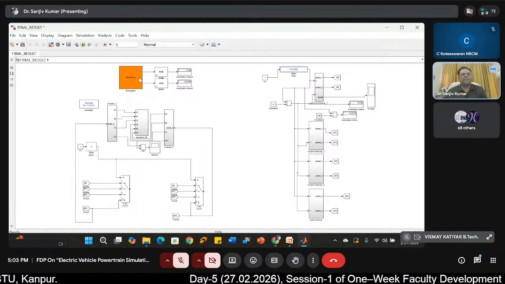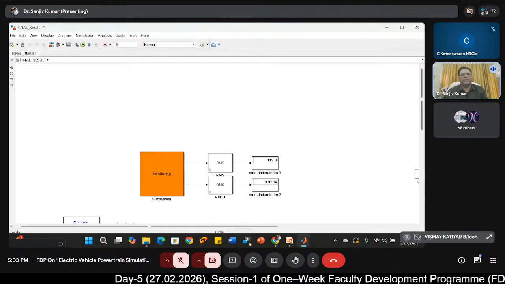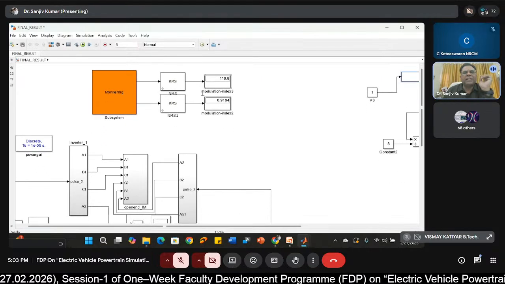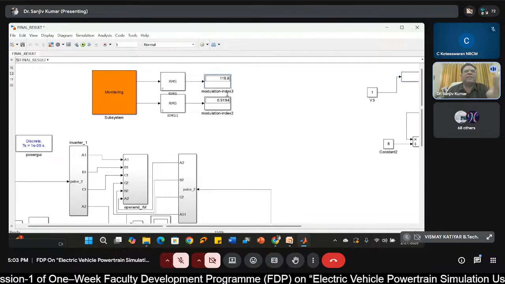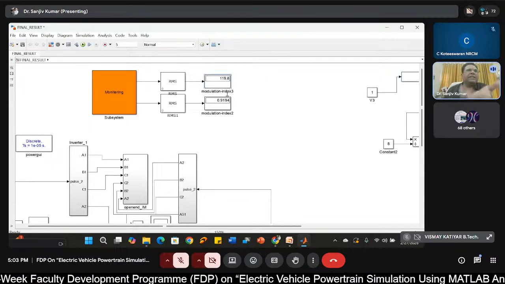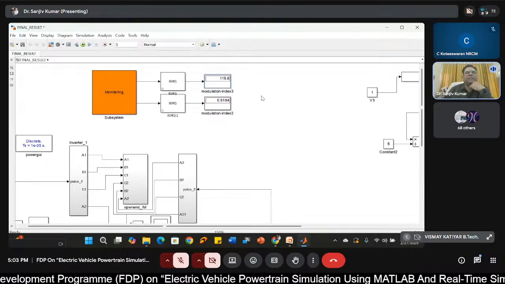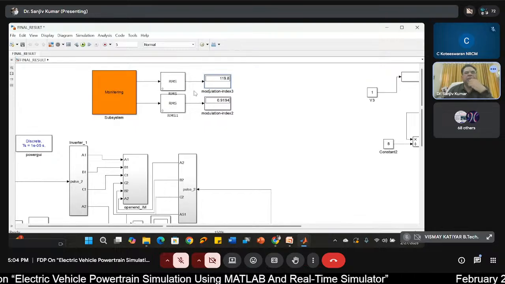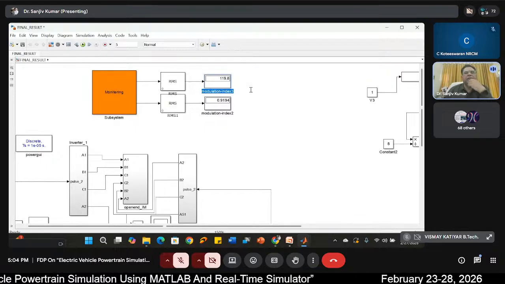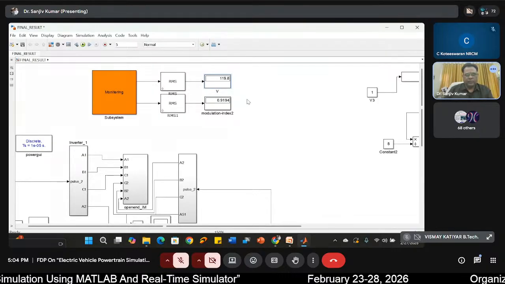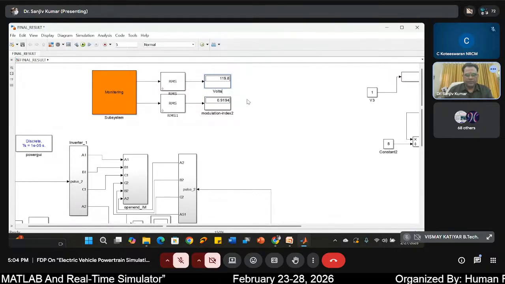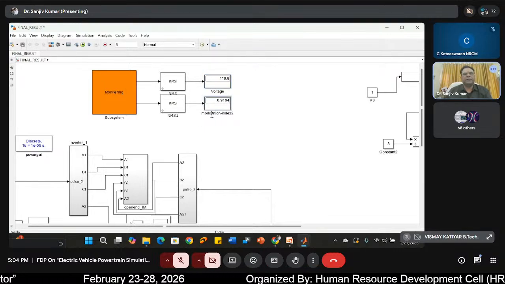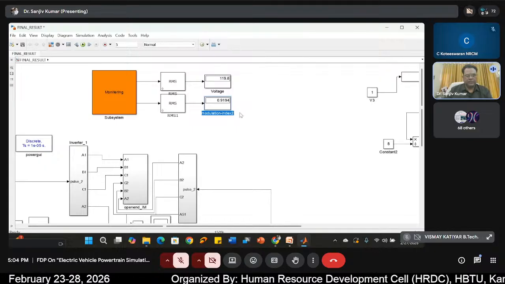Here you can see the RMS voltage. Don't get confused that it is written as modulation index. The reason is that the display is being copied, that is why the name is repeated: modulation index 3, modulation index 2. Basically, this needs to be changed. That is very simple. You can change it like this. Voltage, right? Current. Very simple.